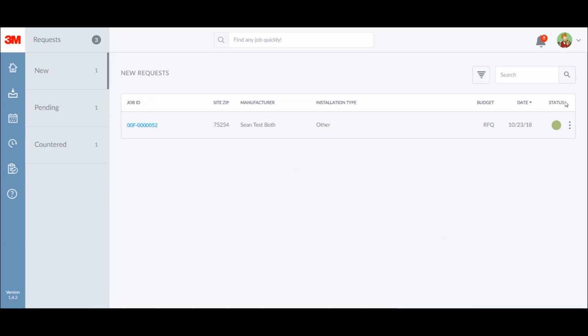The request status column informs you of the expiration timing for the request. If you hover over the circle, it will let you know when the request expires. If you let a request expire without responding, the circle will turn gray and the GM will be notified. You can open up a new request by clicking on the job ID,